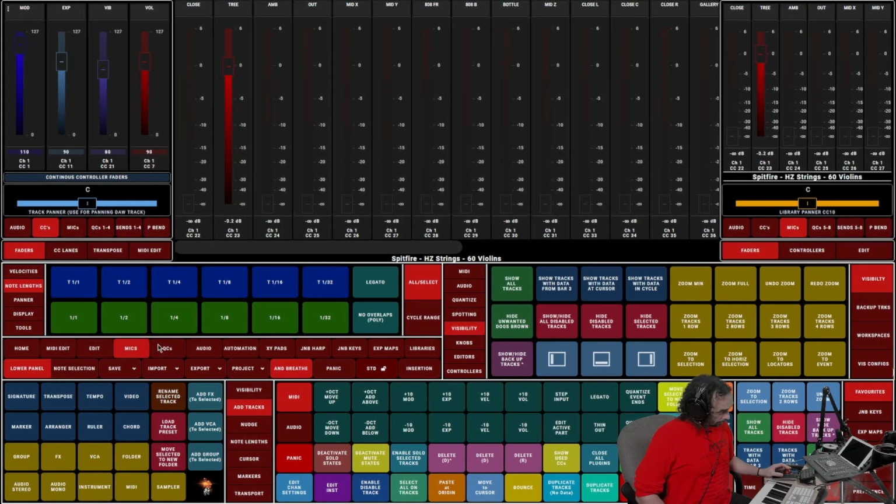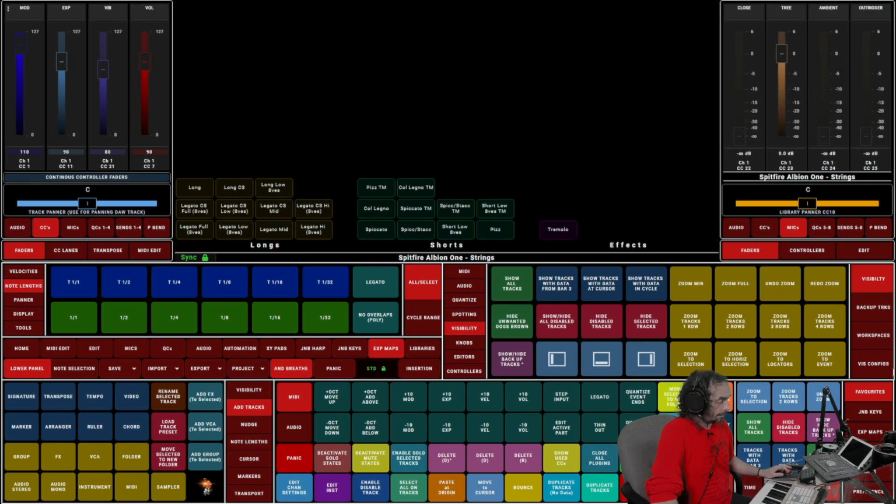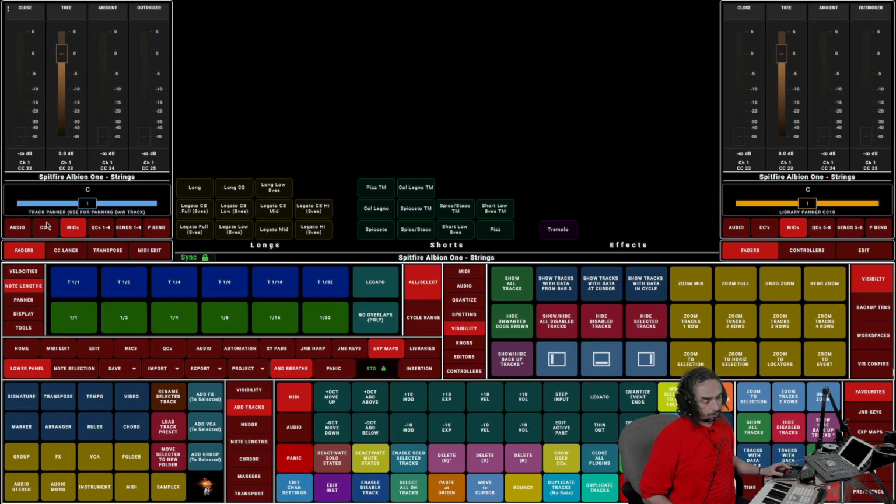Which leads me to another point about this. Let's stick STD back on. Okay, I'm just going to choose another library. Okay, so this whole under the hood thing works here as well, because a pet peeve of mine is when you're playing left-handed, and it's fine if you've got things in the right side, but what if you're playing right-handed and then you've got to lean over and cross over? So we've got the mics in the left-hand side which are under the hood as well. So if you want to do that, you just press that and you know the mics are there and they're